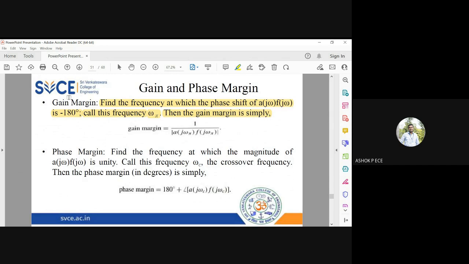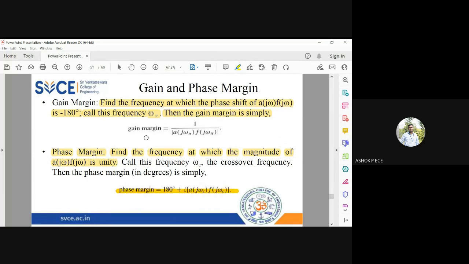For gain margin, you have to see the phase angle minus 180. For phase margin, you have to see the gain. For phase margin, you find the frequency at which the magnitude is 1. Opposite for gain margin, you find the frequency at which the phase angle is minus 180. At that frequency, find out the gain. For phase margin, find the frequency at which the gain is unity, and at that frequency, find the phase angle